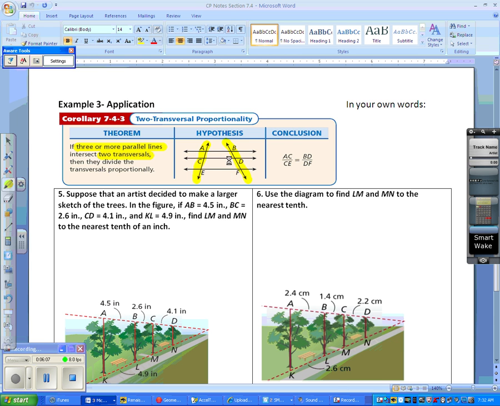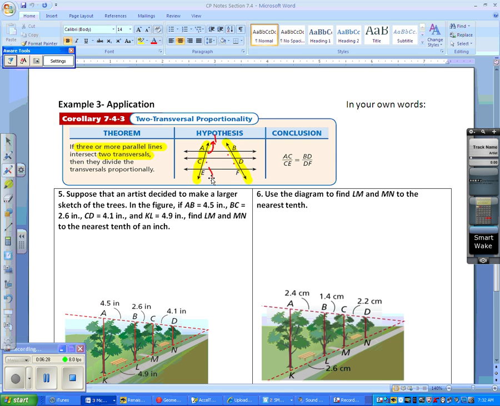So if we have 3 lines and we have 2 different transversals, guess what's going to happen? These pieces are going to be proportional. So AC over CE is going to equal BD over DF. For example, if I was going to give you an example, let's say this part was